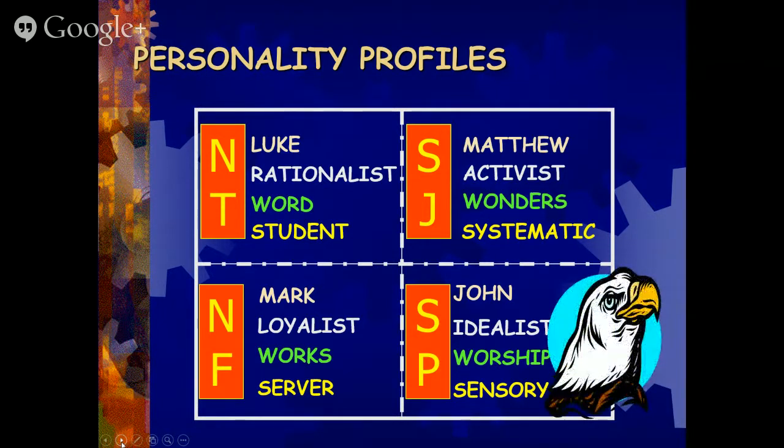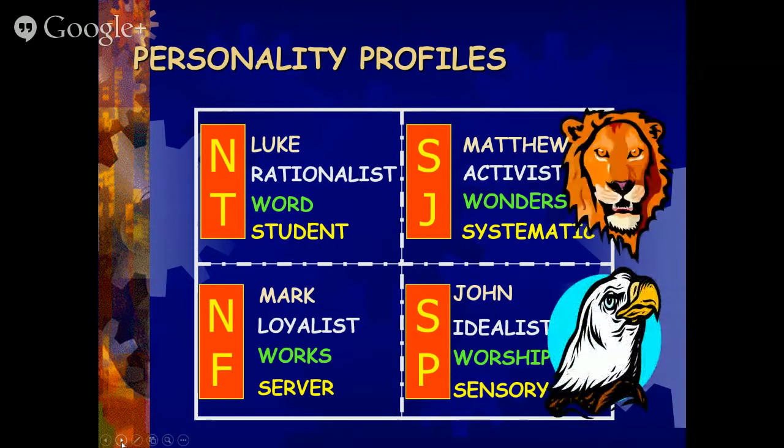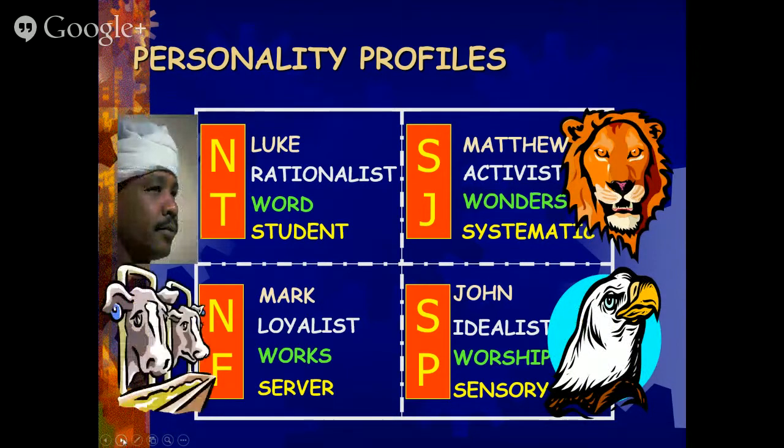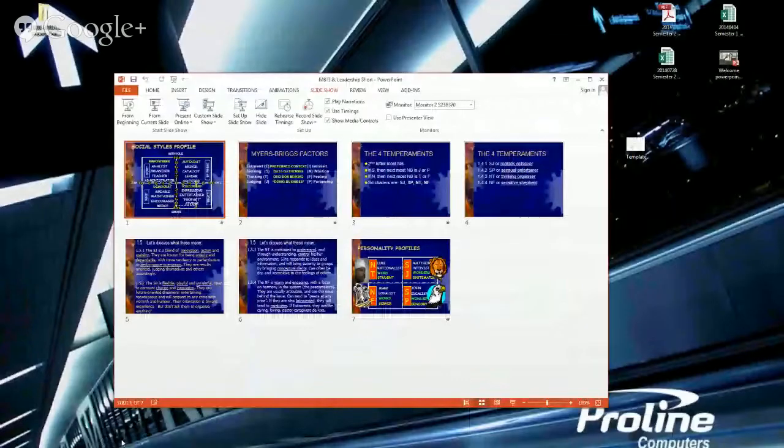So, interesting to talk about this in comparison to the four faces around the throne of God. There was the eagle, there was the lion, there was the man, and there was the ox. And each of them corresponds, in my view, to these four kinds of leader who, in that sense, are responsible to carry God's presence to others. So, I'm going to come back now to the